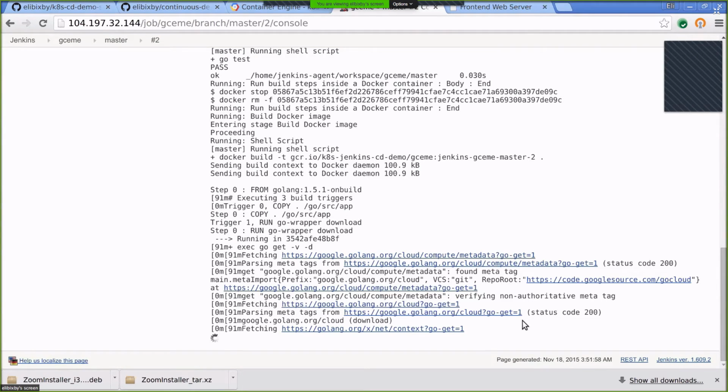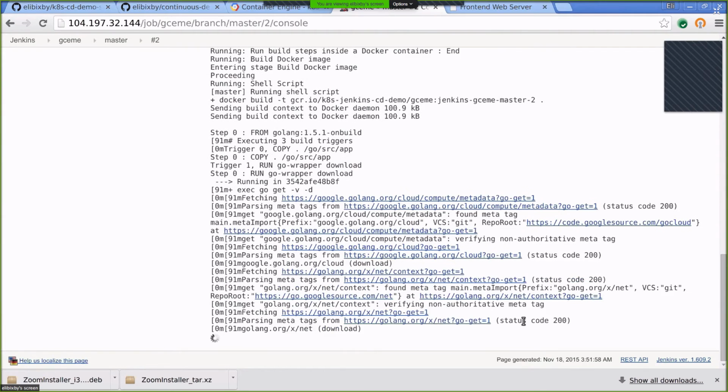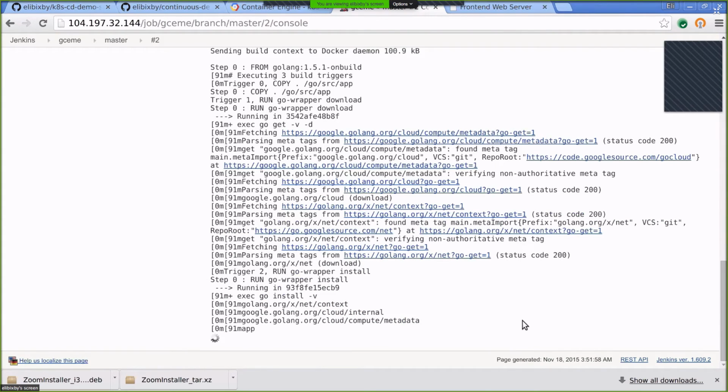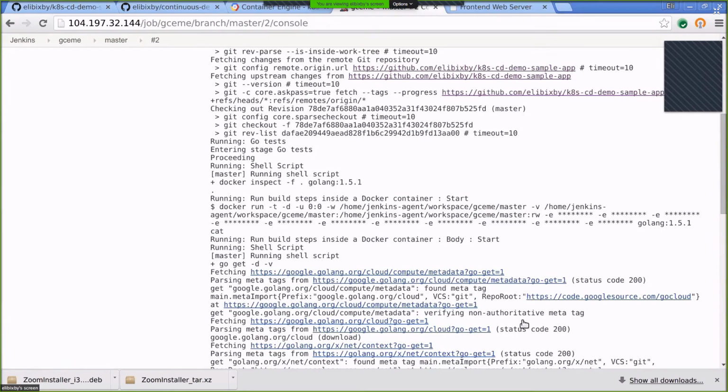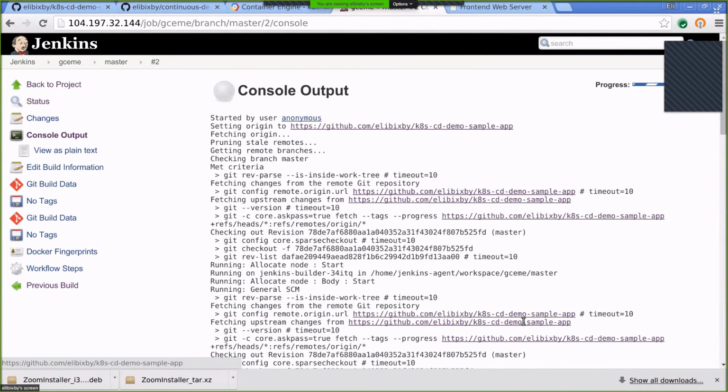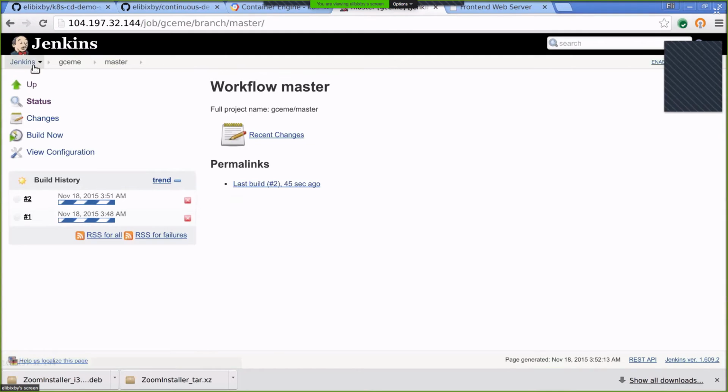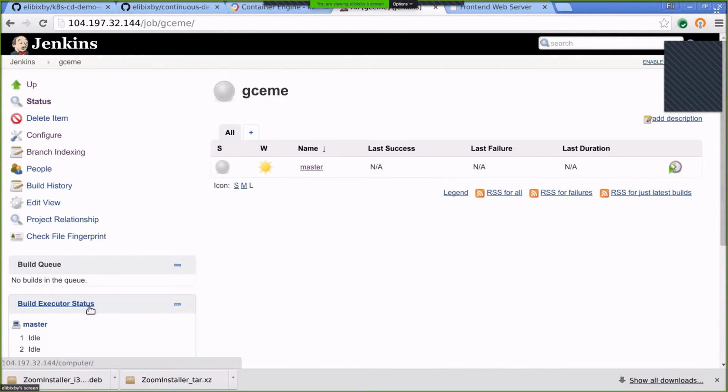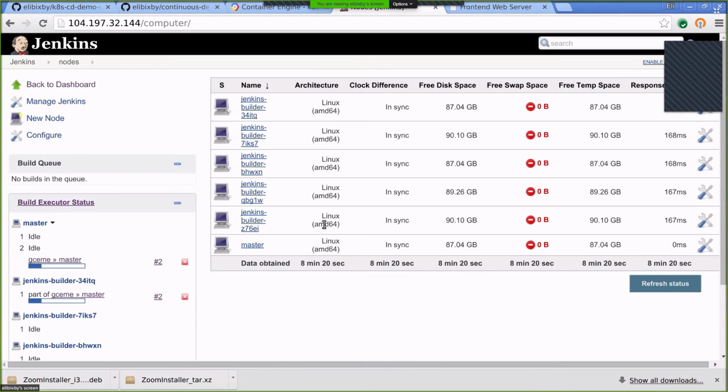It's still on running the Go tests. This is good. We like that our tests get run. We like that they're run because we're running in a completely different worker from our first. We don't actually have to wait. We can run things simultaneously. And because they're in completely different environments, we can be sure that they won't step on each other's toes. So that's great.